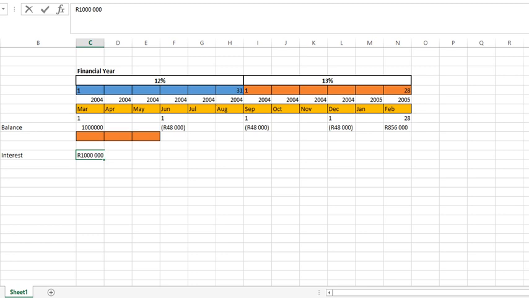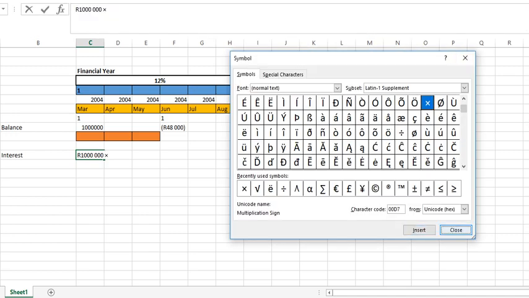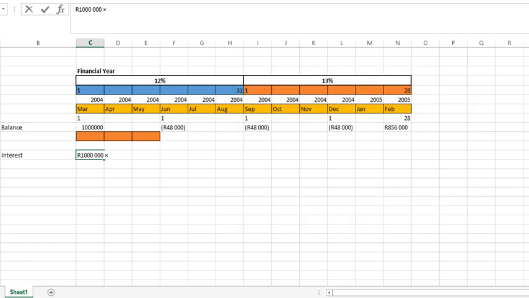On this R1,000,000 we need to pay interest of 12%. So we're going to multiply that R1,000,000 by 12%, and then we're going to